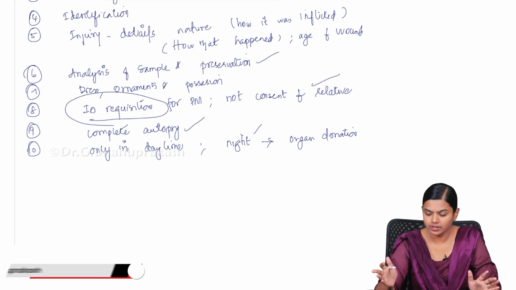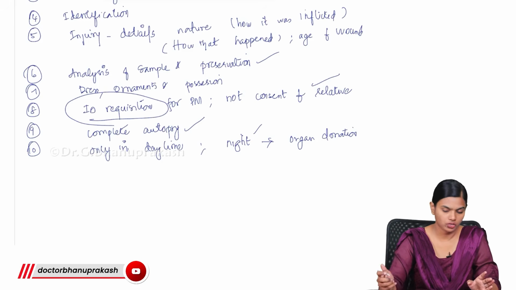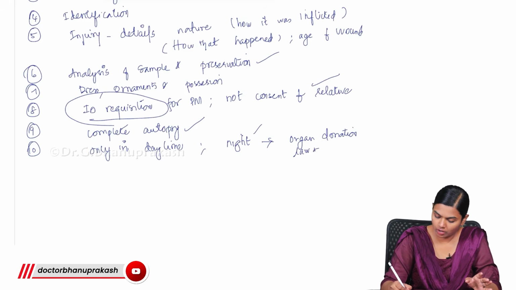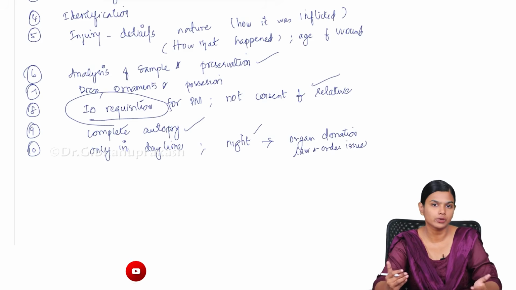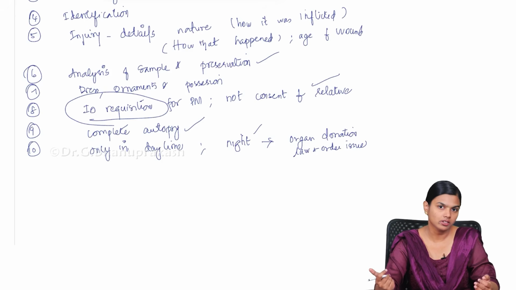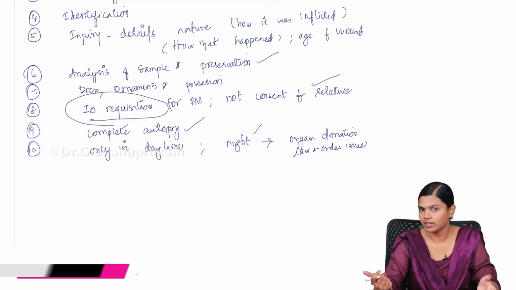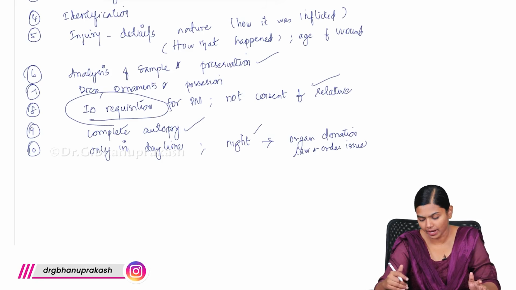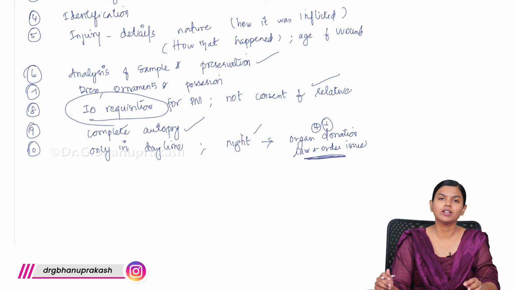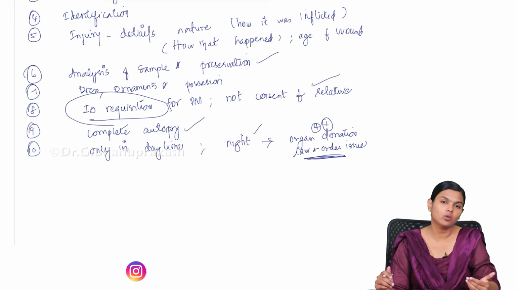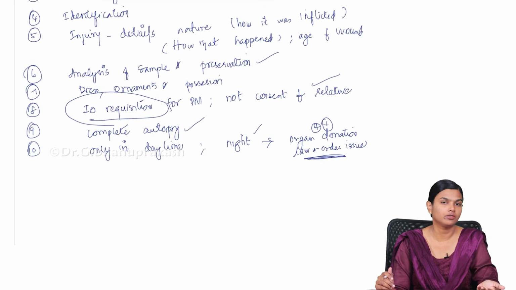And if there is any big law and order issue, if it is a rape or murder or something and some very big law and order issue is coming up, under such cases you can do night autopsy. Otherwise night autopsy is completely banned. But the priority is given only for organ donation, and this law and order issue is very rarely done. This will be done only after due consideration of the situation.